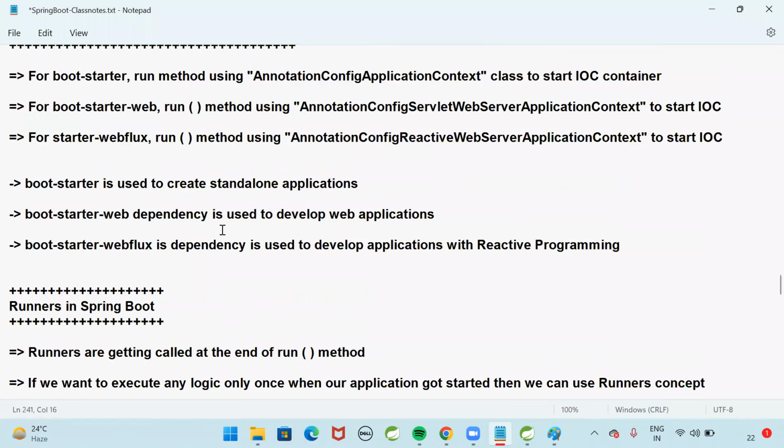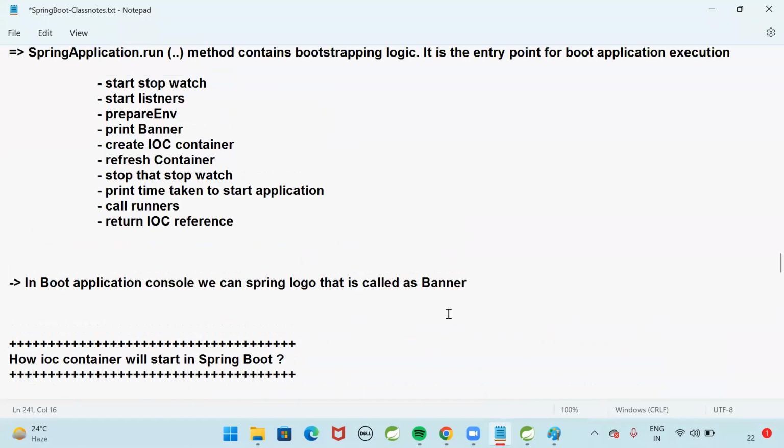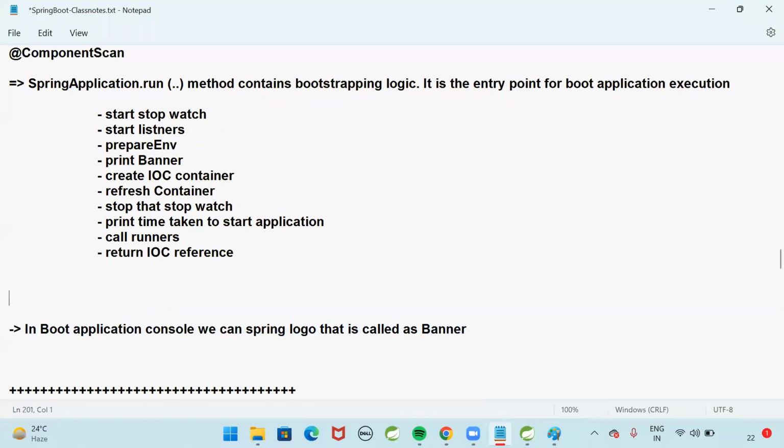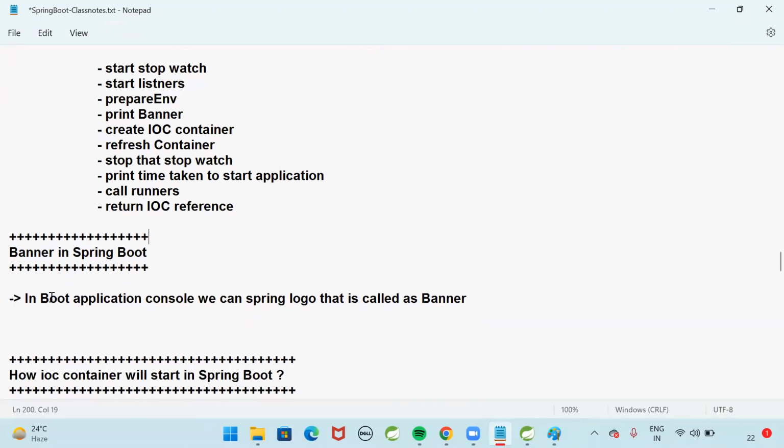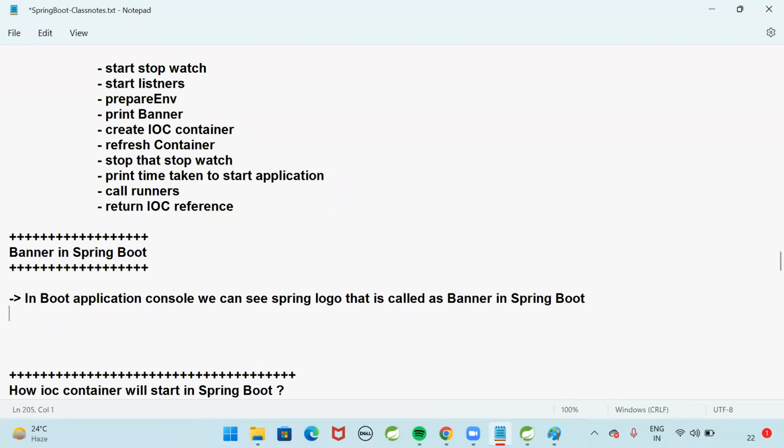What is banner? Whenever we execute Spring Boot application, the banner is getting printed. Banner in Spring Boot. When we run the boot application, a Spring logo is printing on the console. In Boot application console, we can see Spring logo that is called as banner in Spring Boot. We can customize banner text by creating